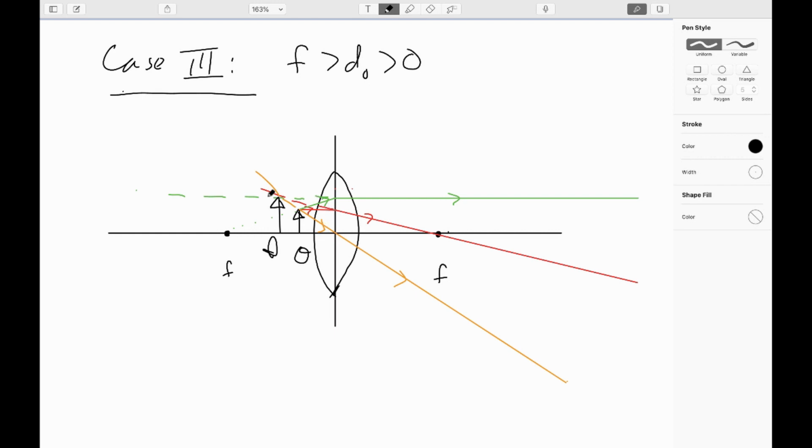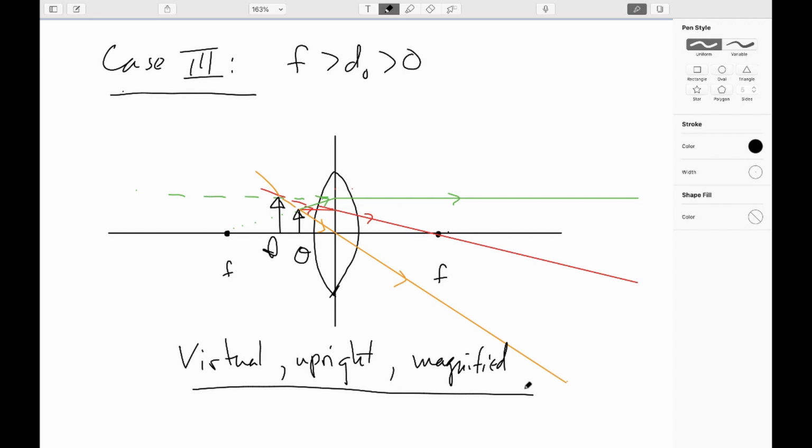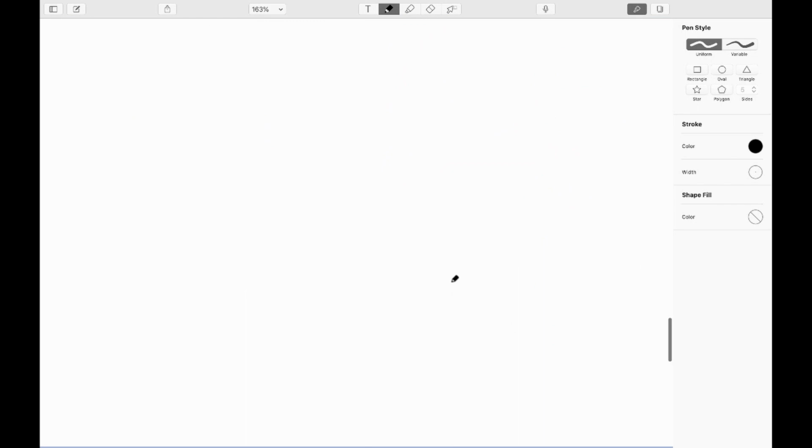And then now here, the image is where the light ain't. You can't form the image on the screen. So this image is virtual, upright, and magnified. So this would correspond with, say, Sherlock Holmes' magnifying glass. You look through it, it looks bigger. And then finally, again, just like before, case 4,